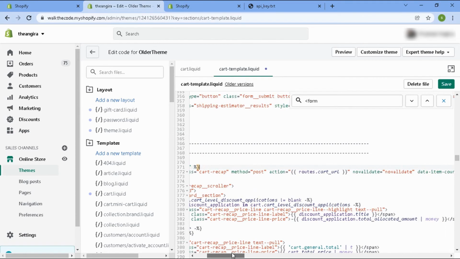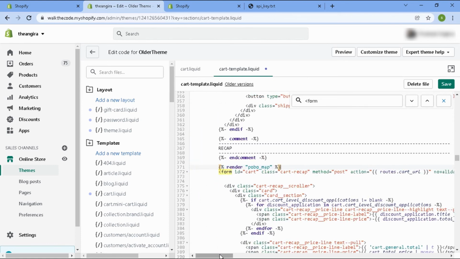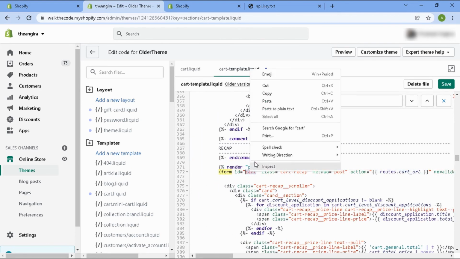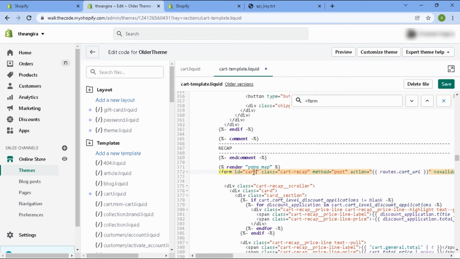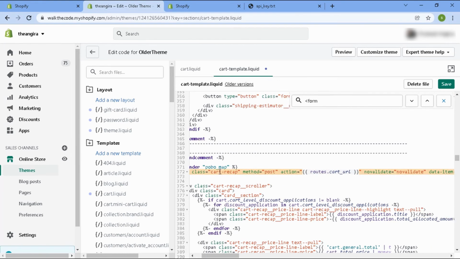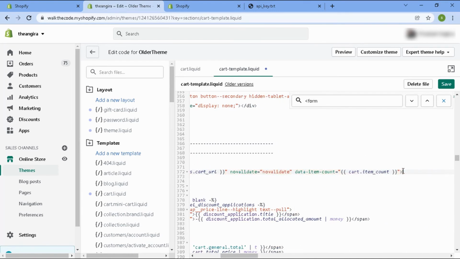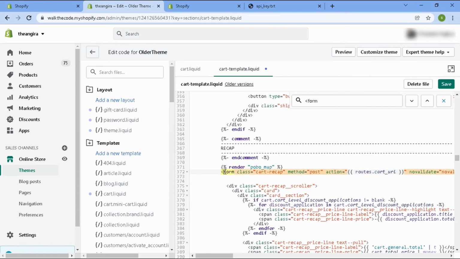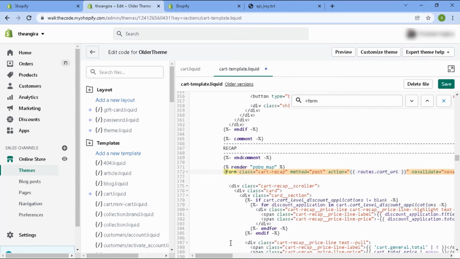And finally, I'll copy this form ID, which in my case is cart. Your ID might be different, but you have to copy your ID. And if there is no ID at all, like say it is like this, and you do not see any ID in the starting or in the middle, so you don't find any ID between the closing arrow and the opening arrow, then you have to type your own ID.